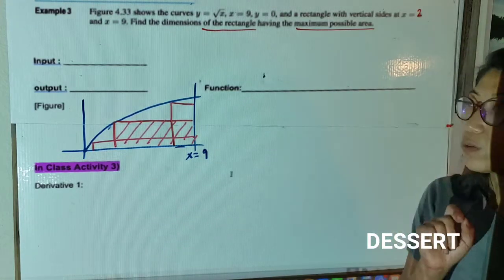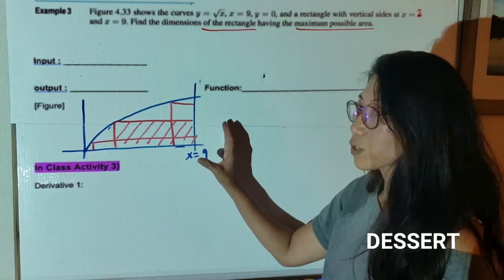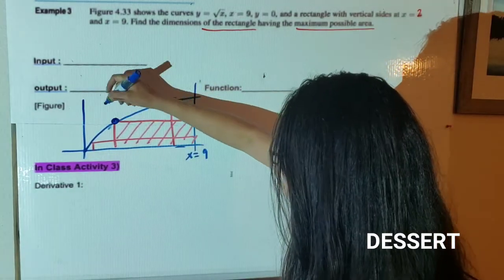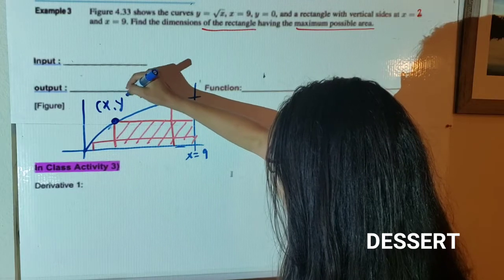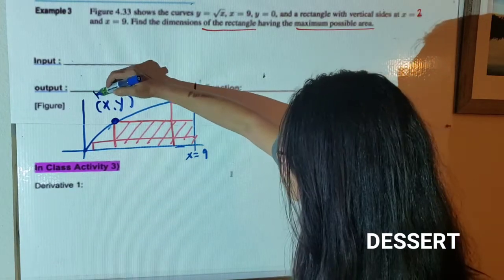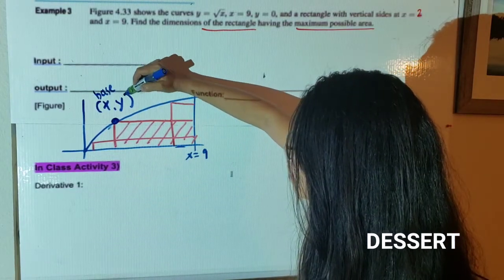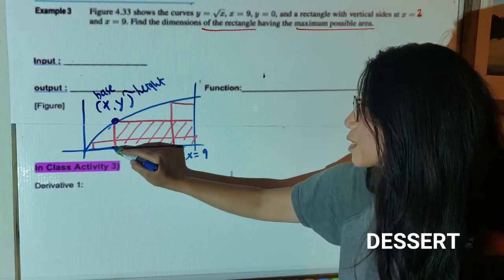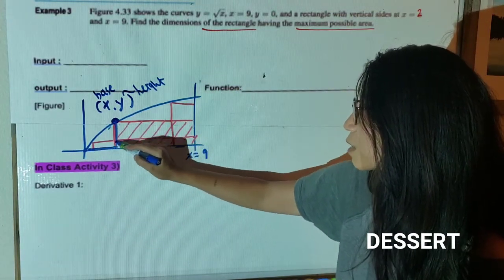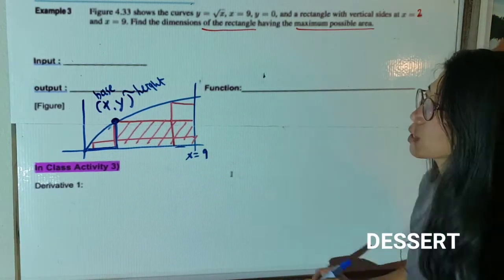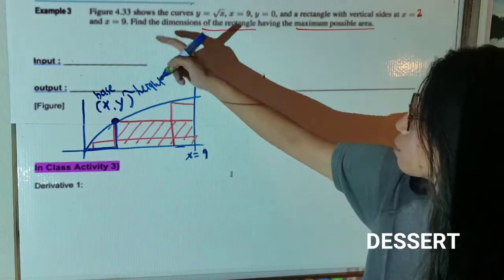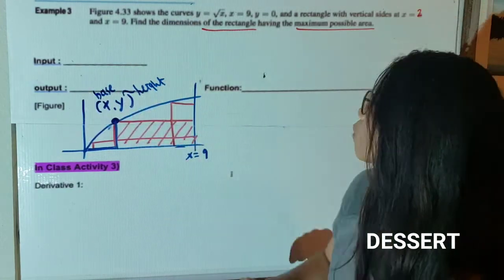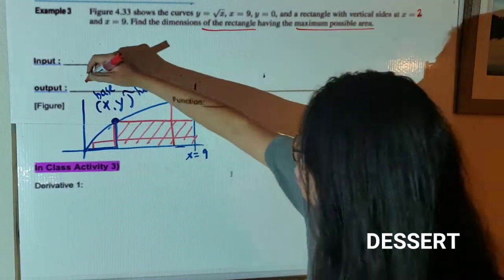So when you do a question like this with a function given, don't forget, a lot of my students forget why we learn x and y. X means base, y means height, right? So don't forget, this is representing this length and this length. Now let's see what the input is. Probably it's going to be x, right? But we'll see what the output will be. What is the output? Maximum area